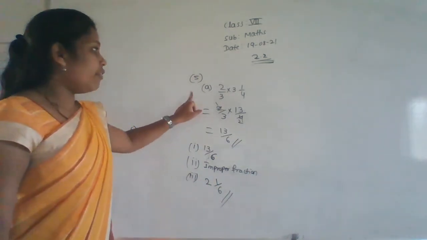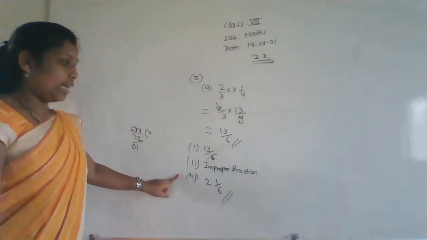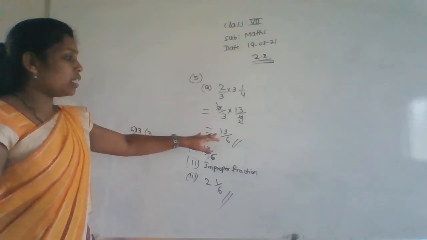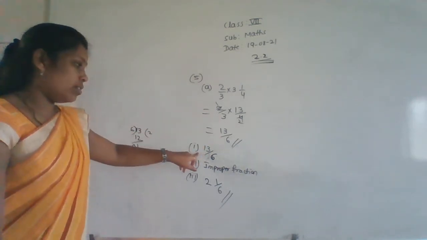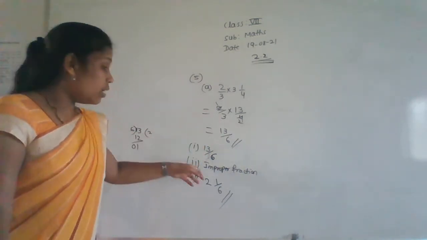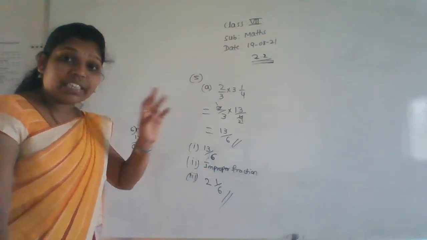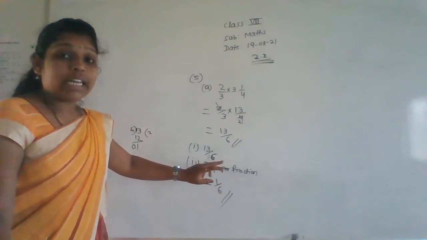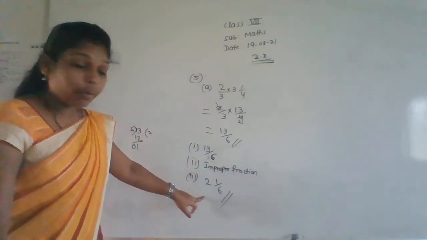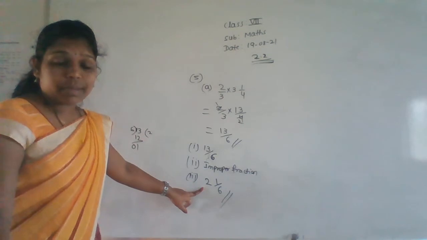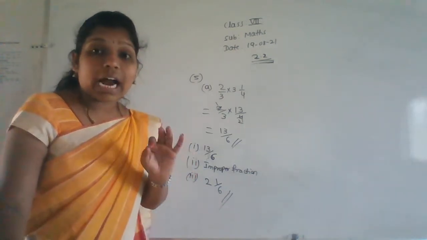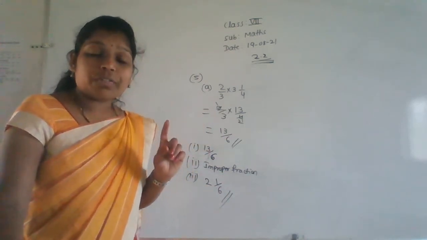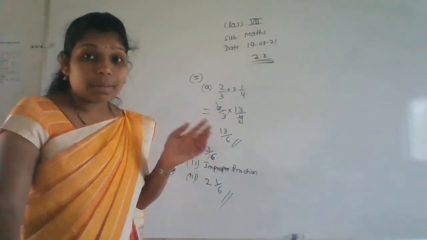Okay, so for every question like this, three answers you have to write here. The first one is whatever multiplication you did. The third one will not always come. Only if the answer is an improper fraction do you convert it into a mixed fraction, because a proper fraction can't be converted to a mixed fraction. Only an improper fraction can be converted into a mixed fraction.